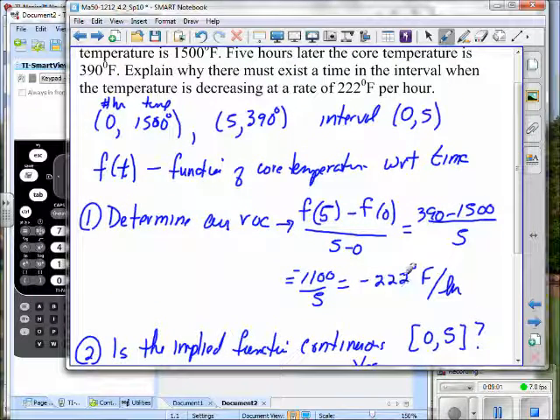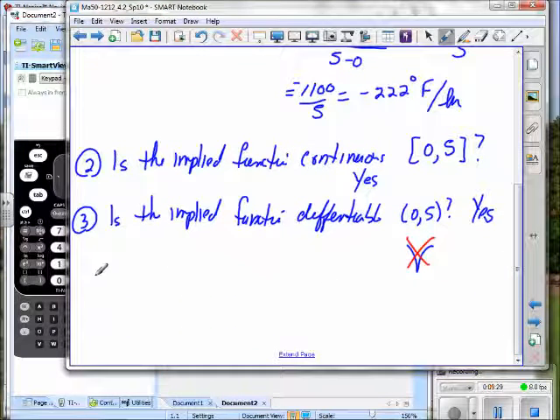It's dropping this fast, so we want to know, could there be a time in there where the derivative could equal this? And the answer, it's not asking to find it. There's no way we can find it. It just says, is it possible? And so the secant slope exists, okay, and is continuous and differentiable, so therefore it is possible, by the mean value theorem, it is possible